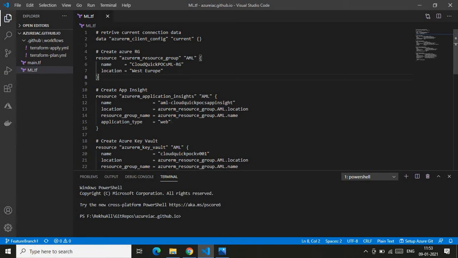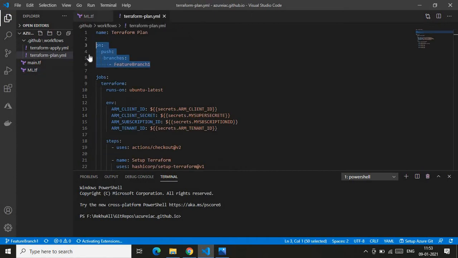Under the root, I have the .github folder, and after that I have workflows as a subfolder, and under that folder I have two Terraform files, one with the name terraform plan.yaml. This file is pointing to my future branch. My future branch is the branch where I will be doing my coding task, hence I have denoted it as a development branch.